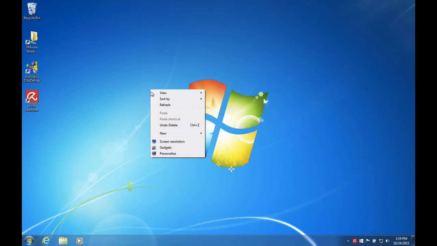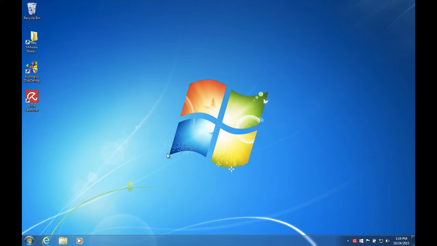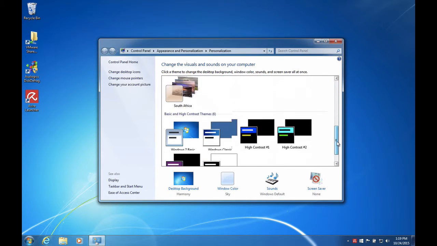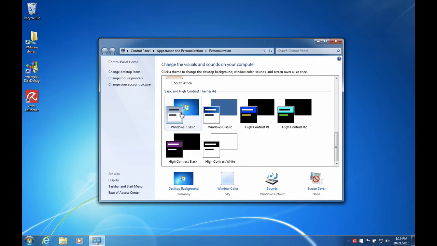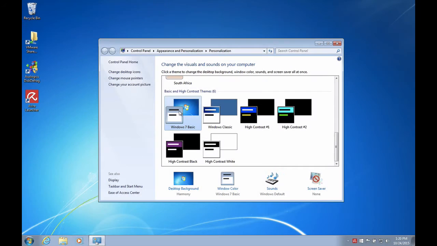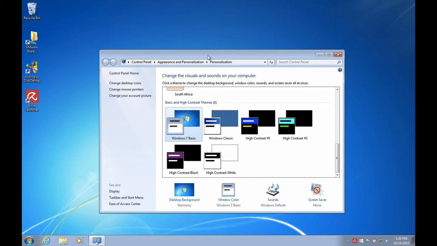Right-click on the desktop and select Personalize. You probably noticed that it says Aero themes here. These all include that translucent Aero effect. We don't want that though because it slows our computer down. So I'm going to just select the Windows 7 Basic. It takes a little while, but after a few minutes, you can see now that it's no longer translucent here